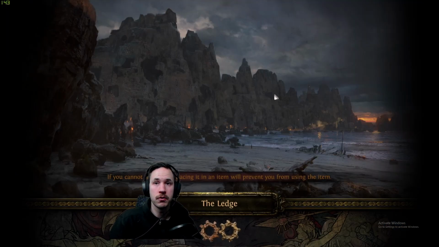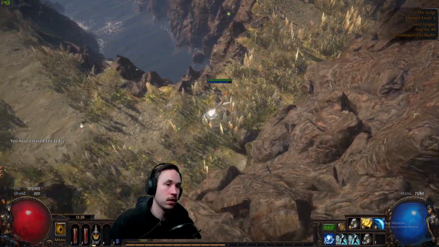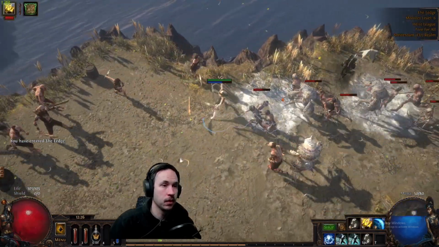So the TP there is for Dweller. Put it at the bridge and you're gonna have Dweller on the other side. That's the dividing factor between...